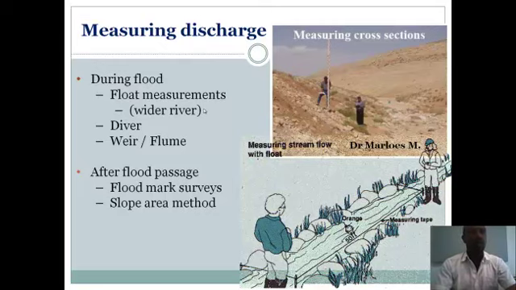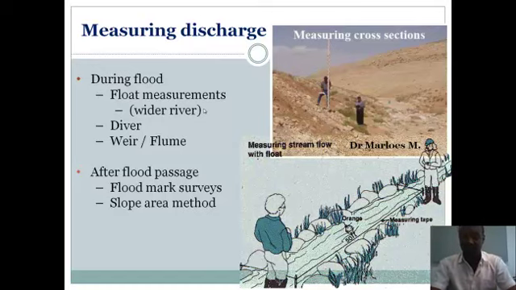Usually how they do it in Sudan, for instance on the Gash River, is that one person will be on one side of the river and the other person on the other side, and then they throw the float and measure the time it takes for the float to travel, for instance, 50 meters, and then they calculate the velocity. That velocity could be slightly different on each side, or could be the same, but then they take the average and get a more representative impression rather than relying on what is happening on only one side.